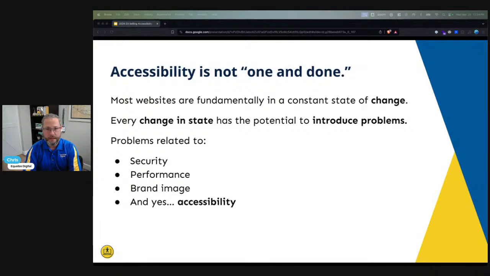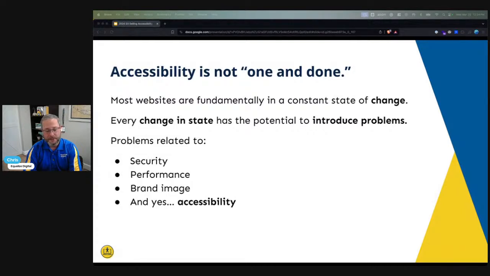The other core thing that I really want to drive home in this initial introduction is that accessibility is not one and done. There's a common saying in the accessibility space, which I've oft repeated on many a call and email, which is accessibility is a journey and not a destination.